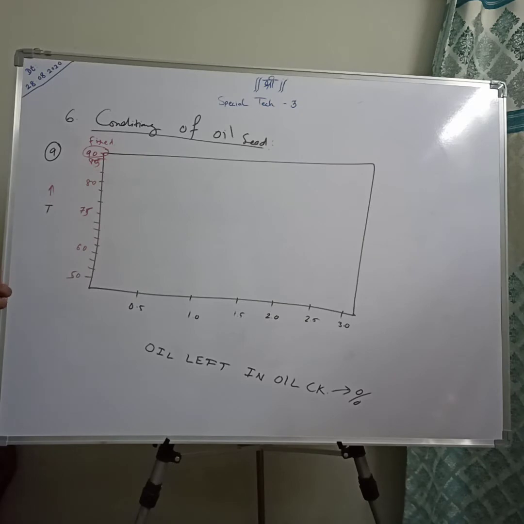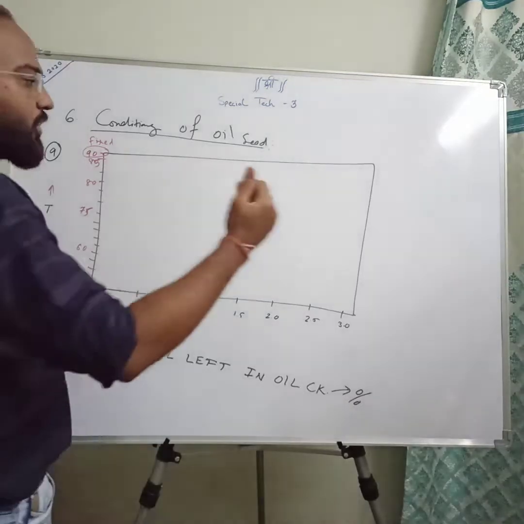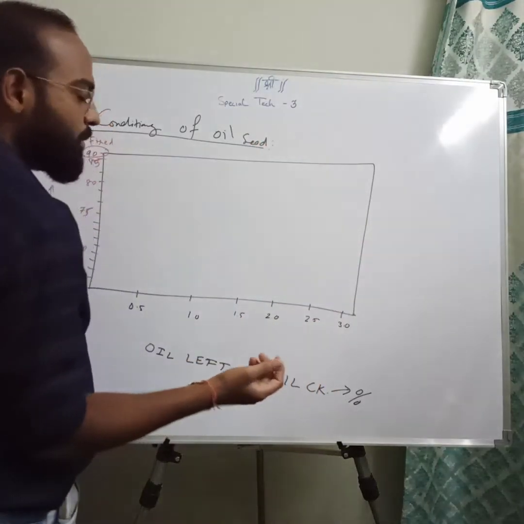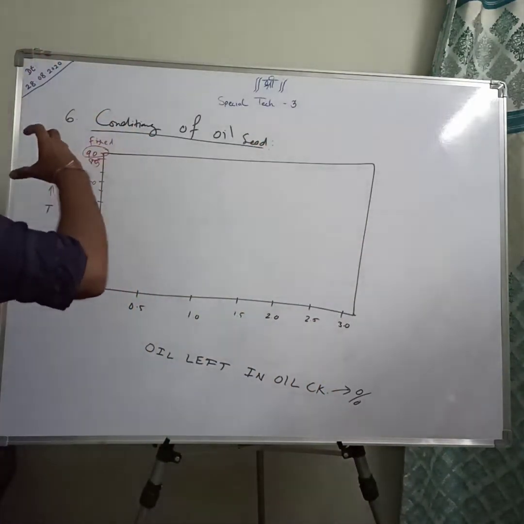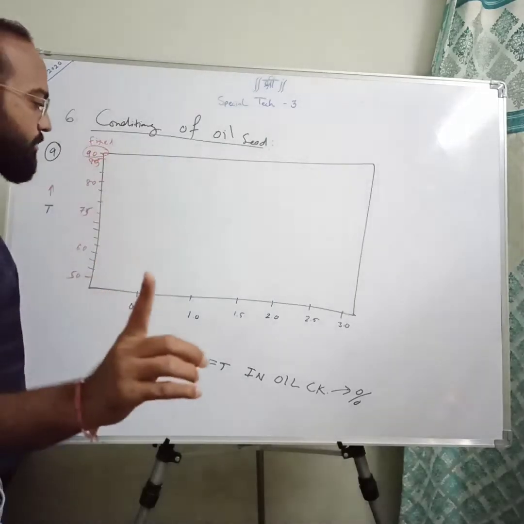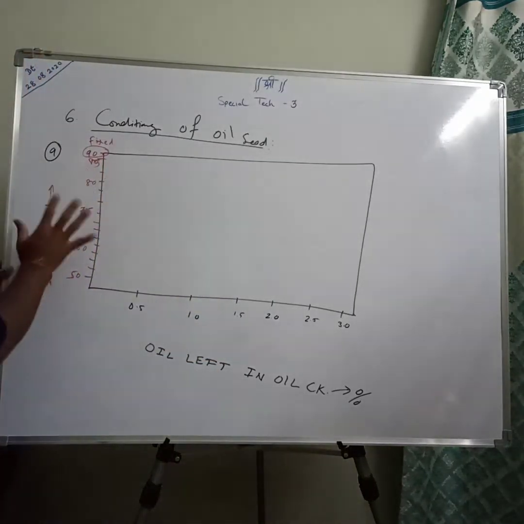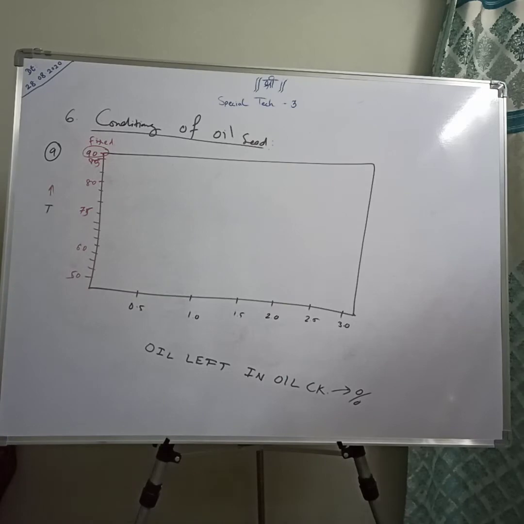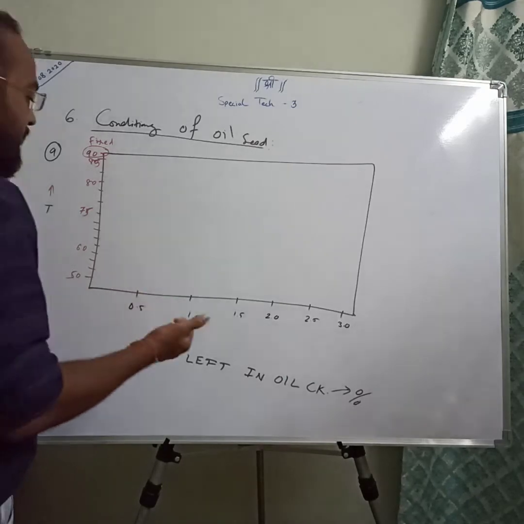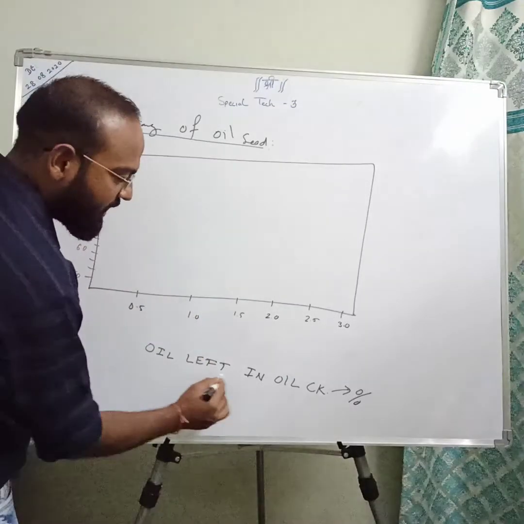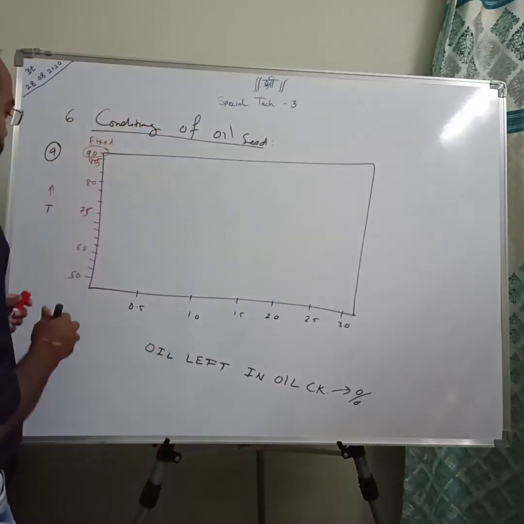Now this study is carried out when the pre-treatment of oil seeds is completed and the seeds are sent for mechanical extraction. After the first press, or after the first stage of mechanical extraction, means the seeds have just passed through mechanical extraction a single time, we get this type of data, that is how much amount of oil is still left in the oil cake.